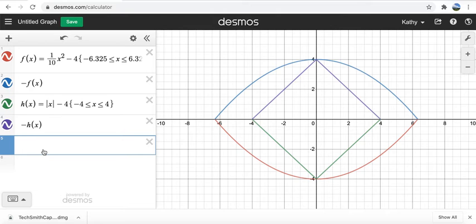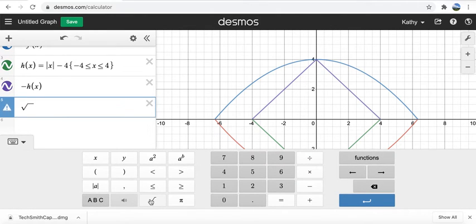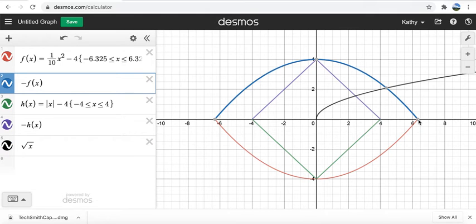Remember that the radical x is going to give you this shape, right? But first of all, I really don't want it to start from here. I want to start it from the ending point over here. Where is this ending point? Try to just hover over it. Can you see that it's